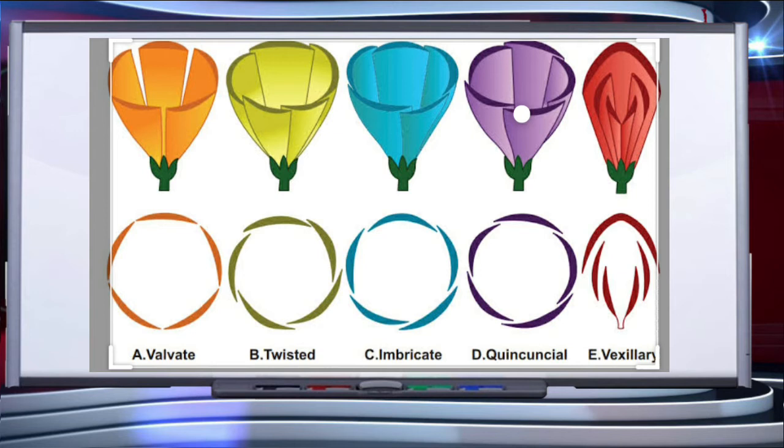When sepals or petals in a whorl just touch one another at the margin without overlapping each other, as in Calotropis procera, it is said to be valvate, the first type shown in this slide. If one margin of the appendages overlaps that of the next one, and so on, as in China rose, that is hibiscus, ladyfinger, and in cotton, it is said to be twisted. The second diagram of the slide. If the margins of sepals or petals overlap one another but not in any particular direction, as in cassia and gulmohar, the aestivation is called imbricate.